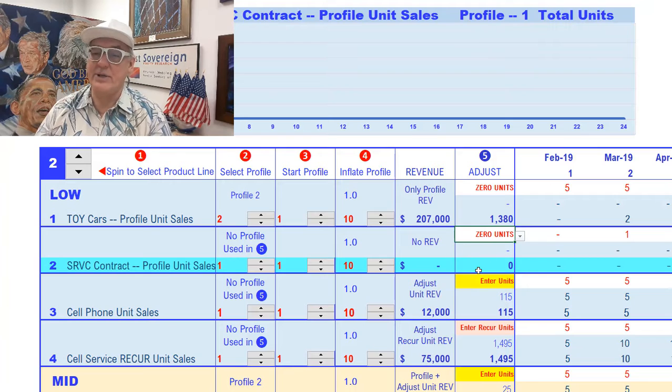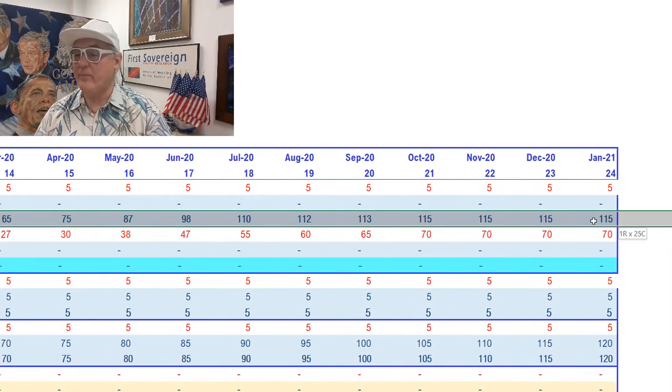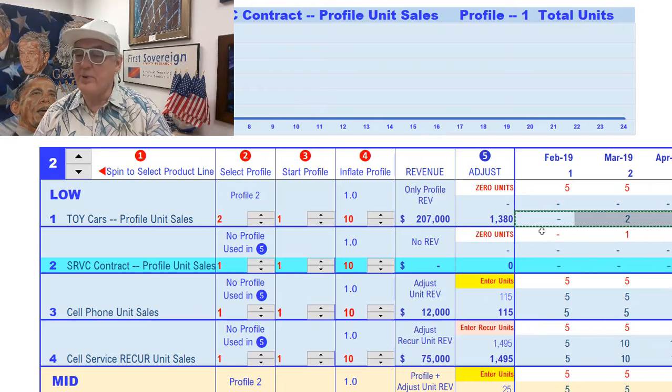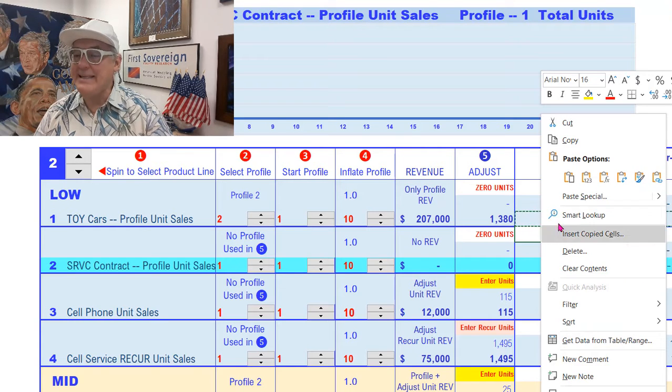See, now we're going to 0 the units out. And the next thing we're going to do is we've got to copy. These are the number of toy cars sold. We're going to copy that. We're going to put it right next to it because this is where we do the work, in the white area with the red. Paste special,